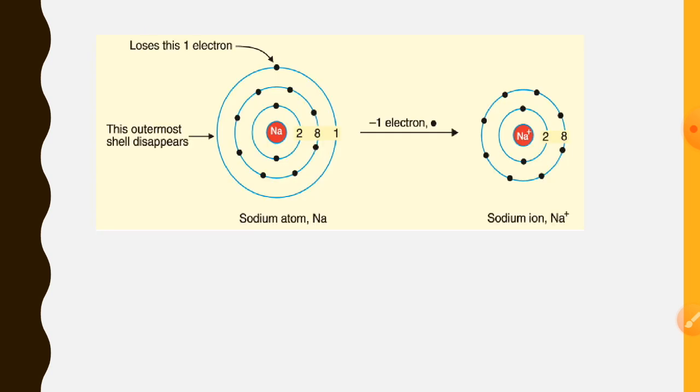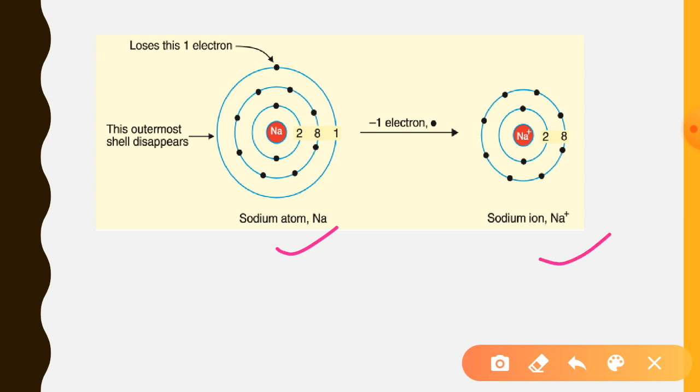Let's see the next thing. On your screen is the electronic configuration of the sodium atom. Have a look. The K shell has 2 electrons, then L has 8, and in the M shell there is 1 electron, that is the valence shell, the outermost. When this 1 electron is lost, the sodium atom forms the sodium ion Na positive. That has electronic configuration 2 8, which means a satisfied electronic configuration just like the noble gases. So the sodium atom will form this.